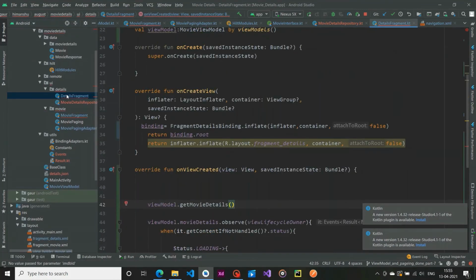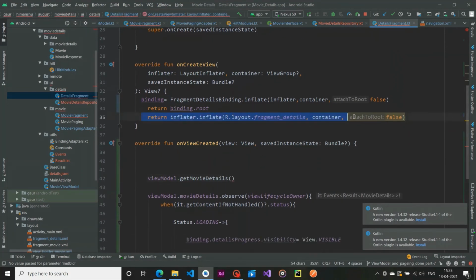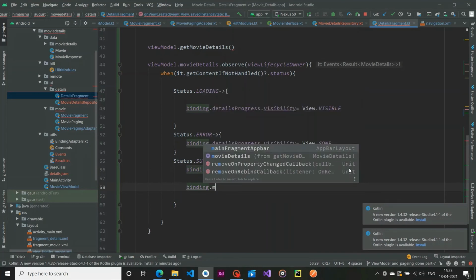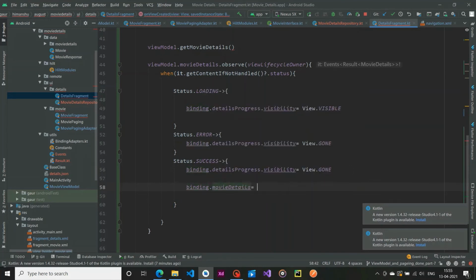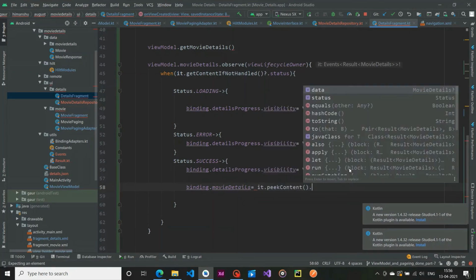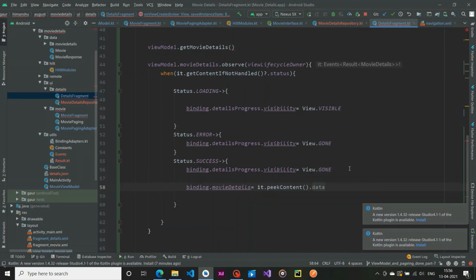Alright, so this is passed successfully to our details fragment. So jump into our details fragment and go in here. When our status is success, by using binding we set our movie details, and that movie details is coming from our it.data content.